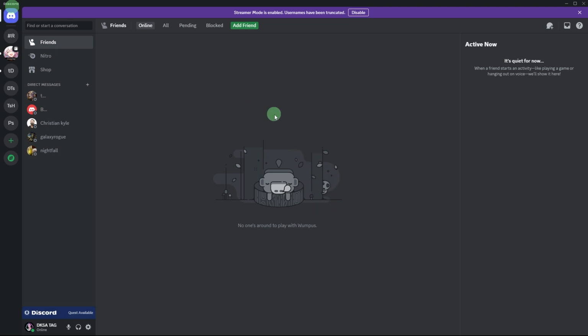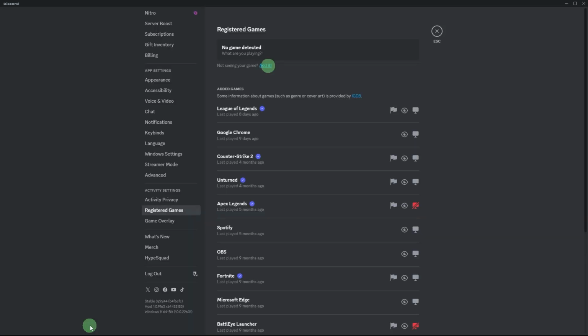So first things first, open the Discord, click on the user settings at the bottom left of the screen, scroll down to activity settings, and click on registered games. If Discord hasn't automatically detected the app or game you want to show, click on Edit under the No Game